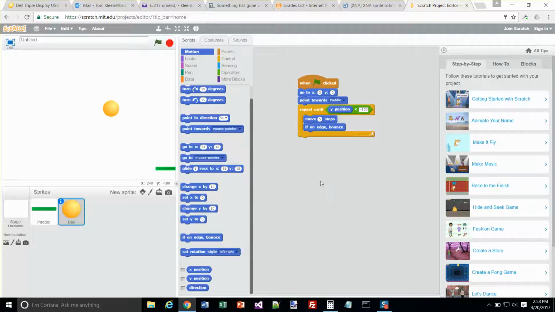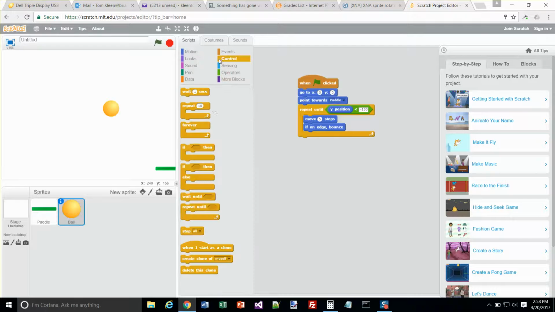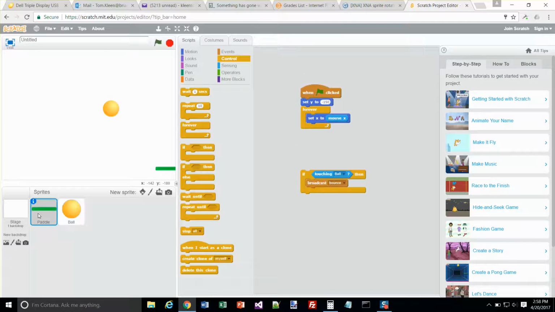the move 5 steps. And if we miss it, the game is over, so we're going to add a control command that says stop all once the ball gets below minus 150. And we want to make the ball react to the bat. If you remember, when we're over here on the bat or the paddle, we said that if it's touching,